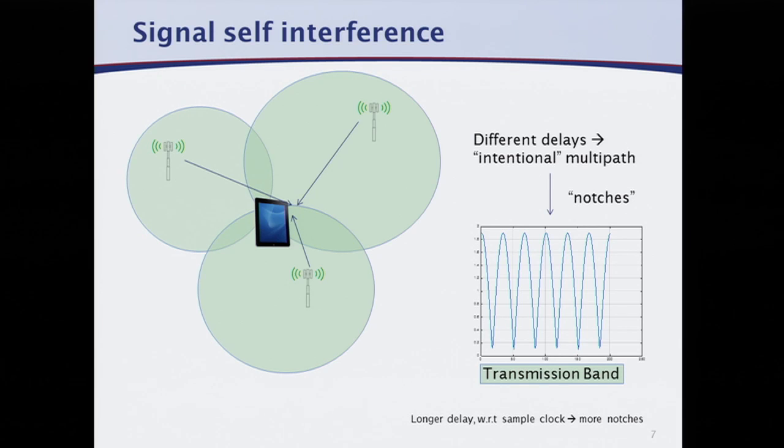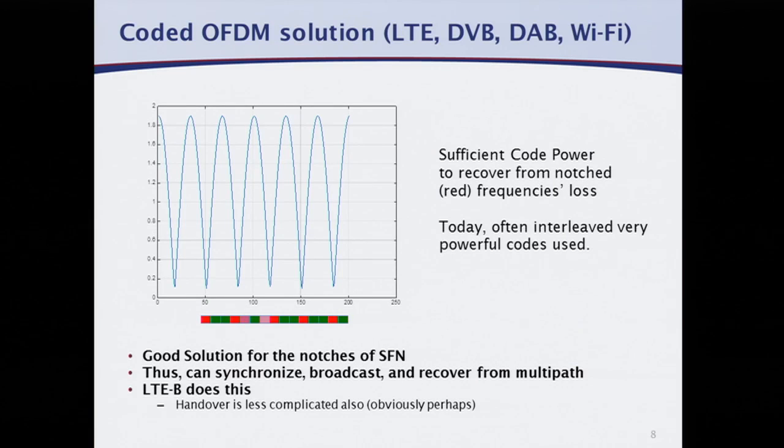And so what happens is, with multiple signals combining, they can combine constructively, which are the peaks that in this graph here on the right I intended to show, or they can combine destructively, which means no signal. They're 180 degrees out of phase as they arrive. And so that creates a problem that you've actually fabricated by transmitting multiple times on the same frequencies. So the solution for this is coded OFDM,